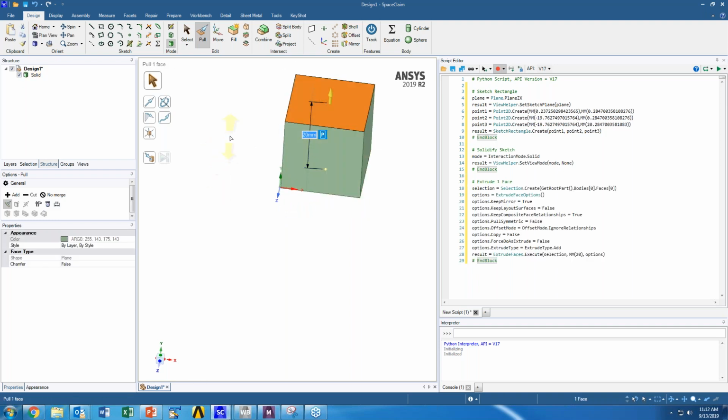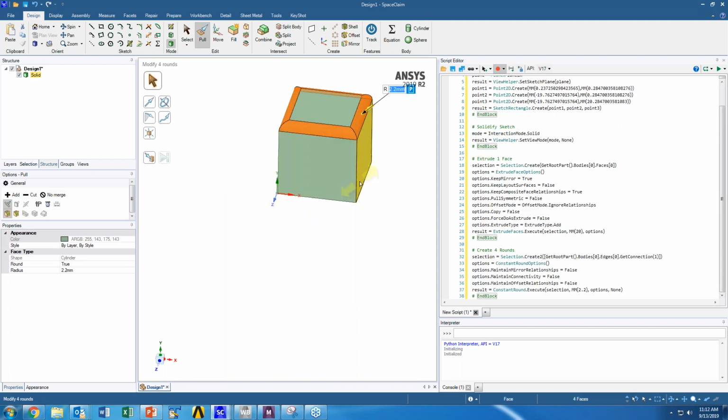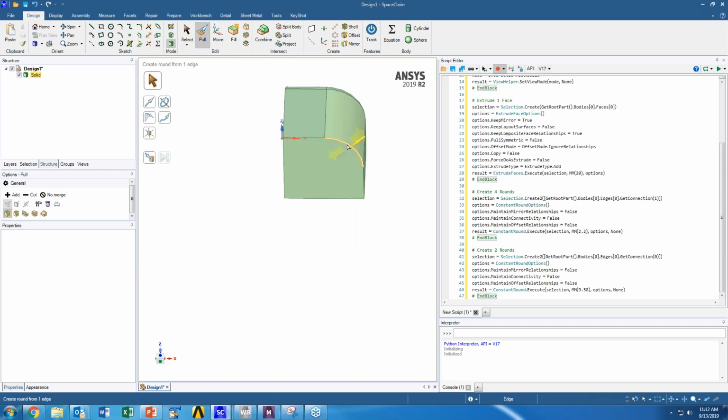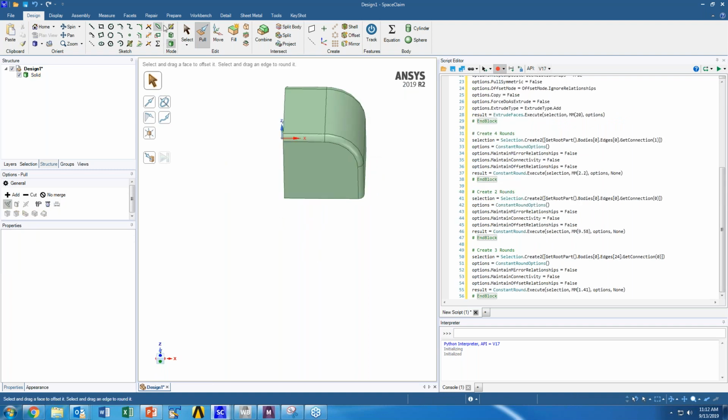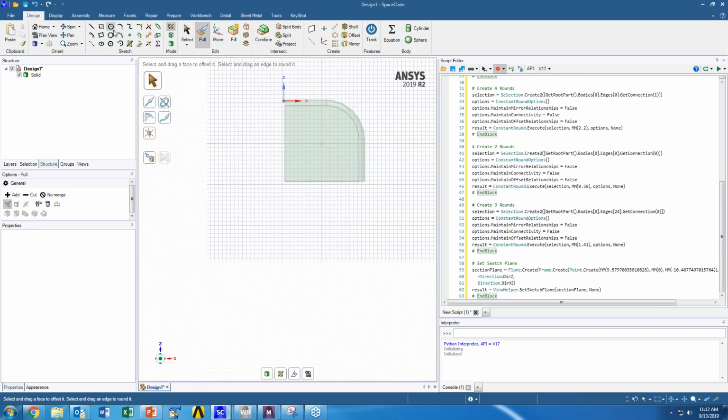You can see as I move through the script editor, it's creating the different features that I'm adding. In a second, I will be able to go back into the script and just hit run to recreate this geometry.